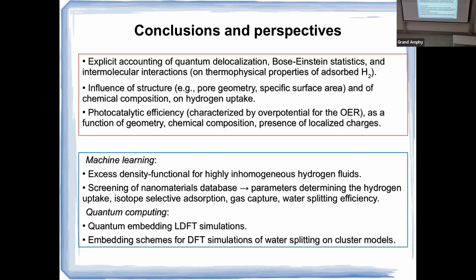And then based on what I have seen during the previous weeks of this meeting, I would say that there are, well, I've listed a few hopes of how machine learning and quantum computing could be used for this topic. The first is a very slim probability that this may be achieved: to have a better exchange excess density functional that is not so biased for the case of the homogeneous fluid.